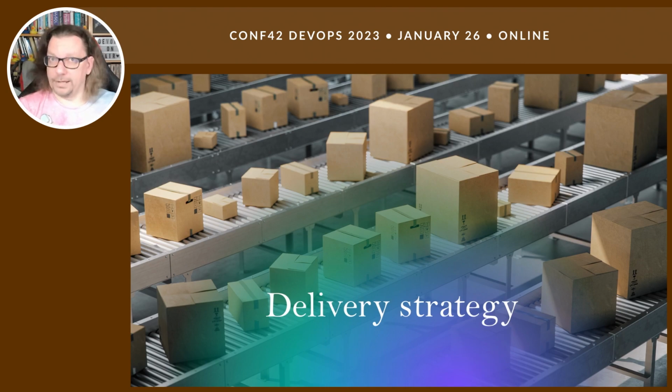Blue-green, blue-violet. Probably you could hear blue and some other color. For me, it is violet. For me, it doesn't make any difference because I have a tendency to be colorblind, so who cares? A/B deployment strategy, canary, rolling, even recreate, right?